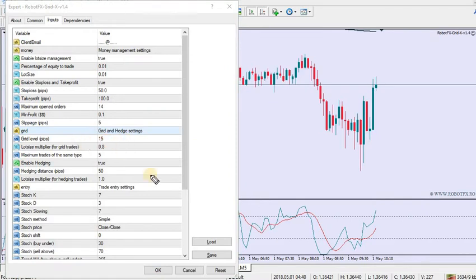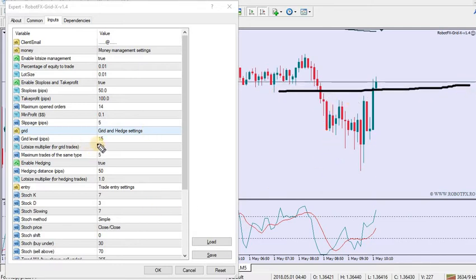Starting with the grid level, that means that, for example, if the expert advisor opens a sell, and it looks like it is about to open a sell, you can see the moving average right here. So we have a downtrend and the stochastic is moving up. If those stochastic lines intersect somewhere here, that will be a valid signal for a sell in the overbought area. Now, assuming that we already have this, the expert advisor will place a sell right here,